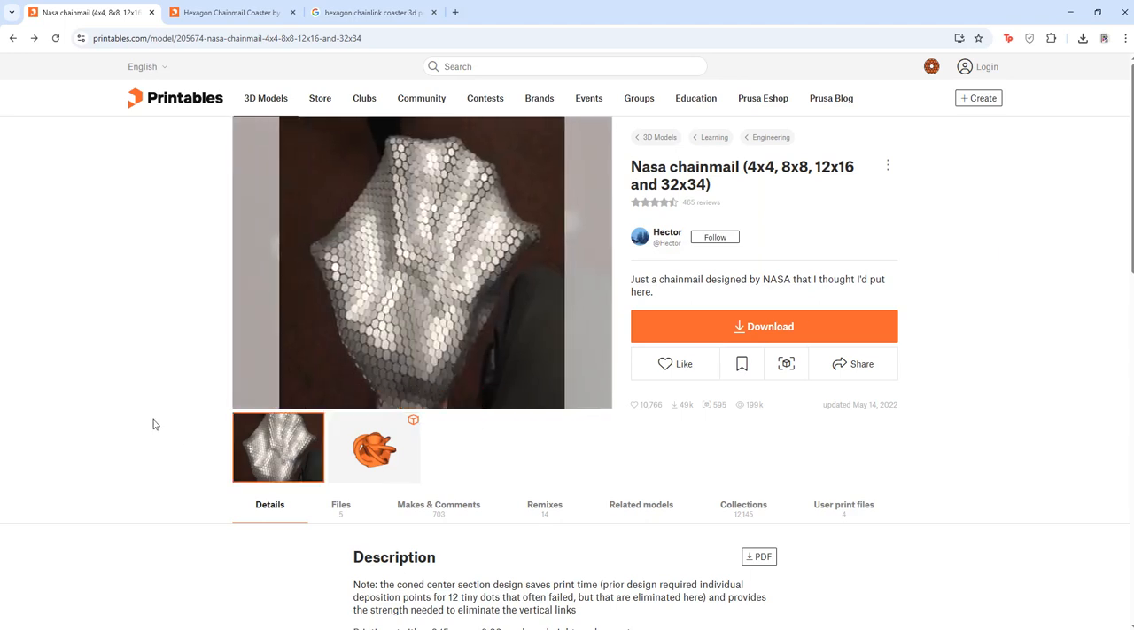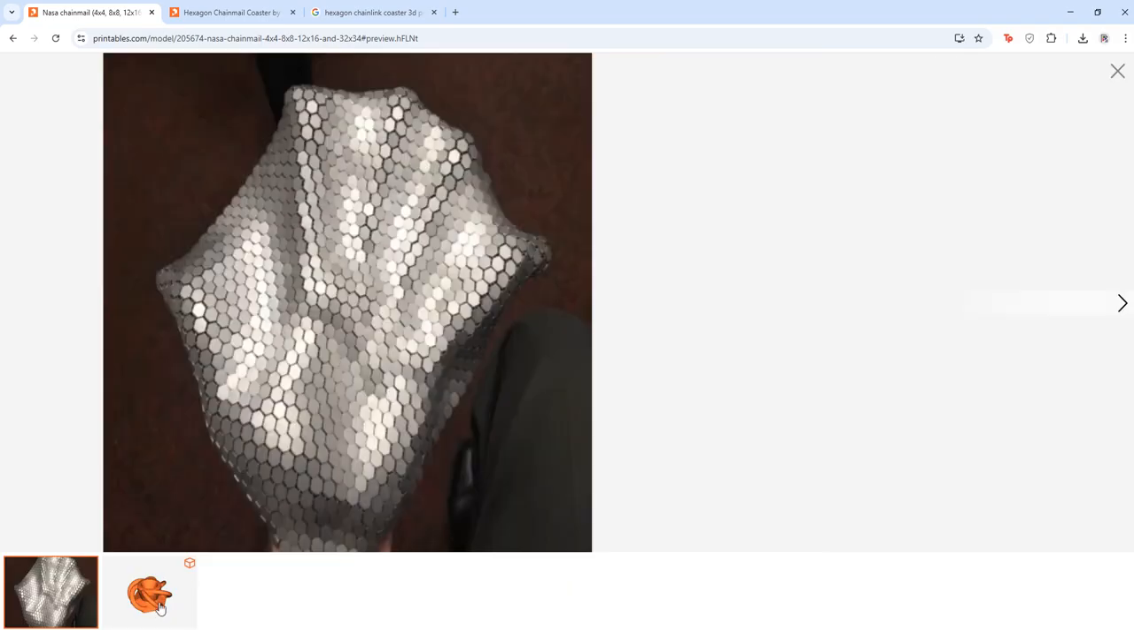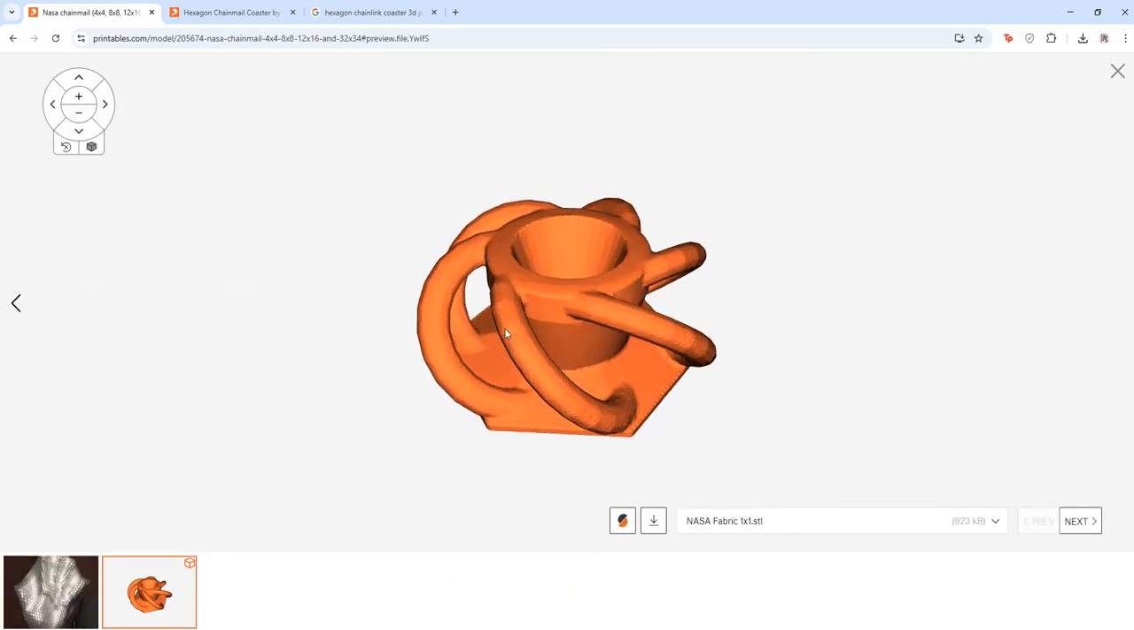Hi everyone, welcome to Engineer by Design, where today we're going to take a look at making a coaster with an interlocking hexagonal pattern. I was perusing around the interwebs, and I found this. A lot of websites or designs call it a NASA chainmail design. And if you look at it, it's a lot of these interlocking hexagonal patterns, and it interlocks with this